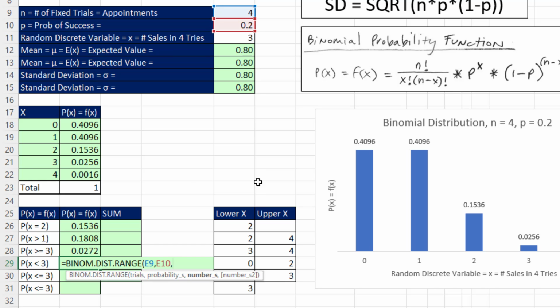Trials, probability, lower, upper, and enter. So the probability less than 3 is 97%. Now we're going to see 2 different ways to do x less than or equal to. We'll use our